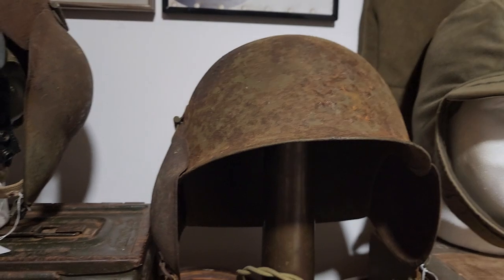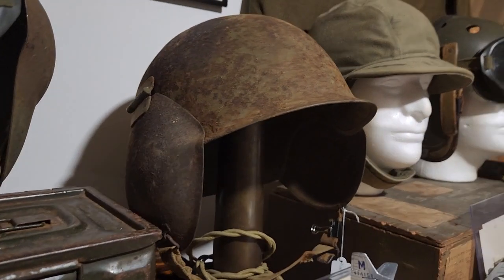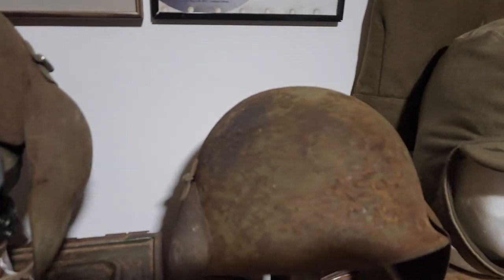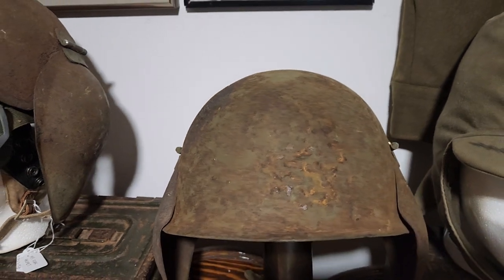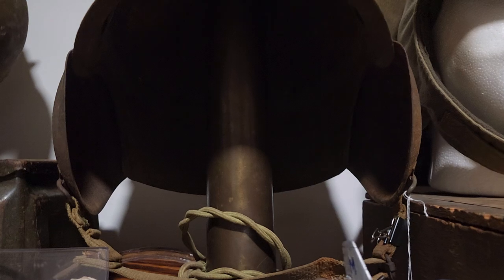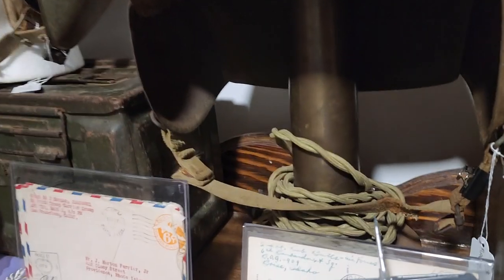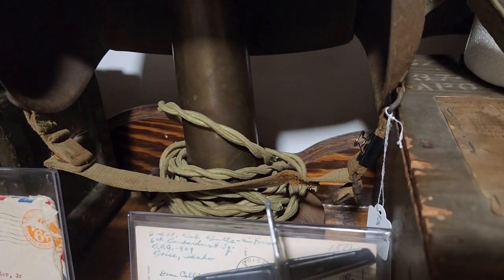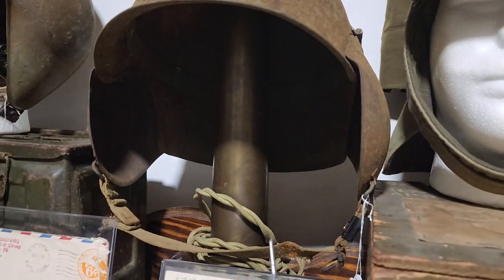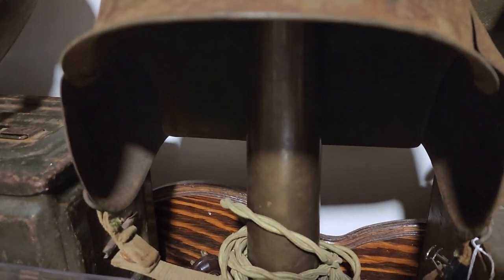This is another new acquisition too. I'm really excited about this one right here. This is an M3 flak helmet. It is in some salty shape. It's got some rust. It is missing the liner, and it is also missing the felt ear pads that would have gone on the inside here of the ear flaps. It still has the chin strap, but it's barely hanging on the one side over there, so it's got a clip on it. And this is sitting on a piece of trench art,